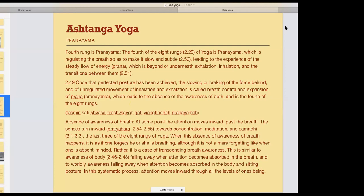Thank you. I appreciate that. So yeah, this is the 4th rung of the 8 rungs, which is pranayama. And so it is literally distinguishing that pranayama is not just regulation of breath, but it also leads to the experience of the steady flow of energy, aka prana, which is beyond or underneath the exhalation, the inhalation, and the transition